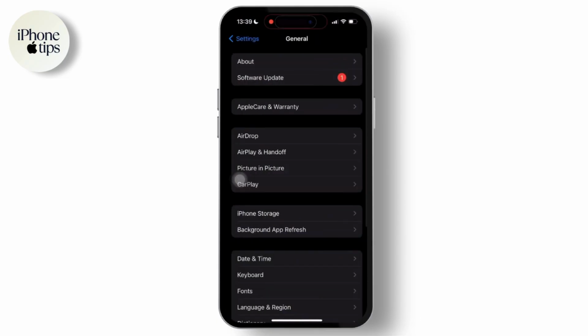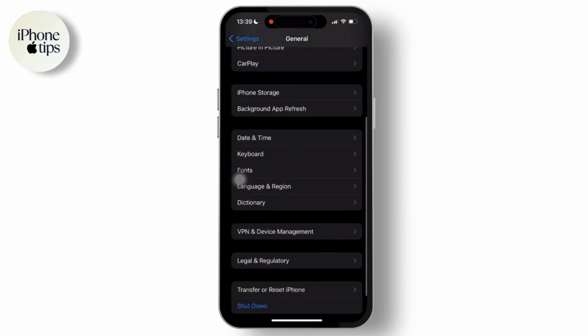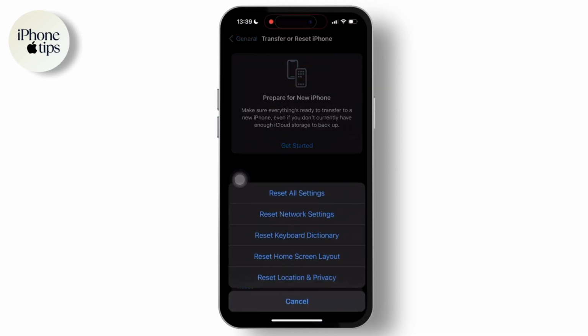Now go back to General, scroll down, tap on Transfer or Reset iPhone, tap on Reset, and then Reset